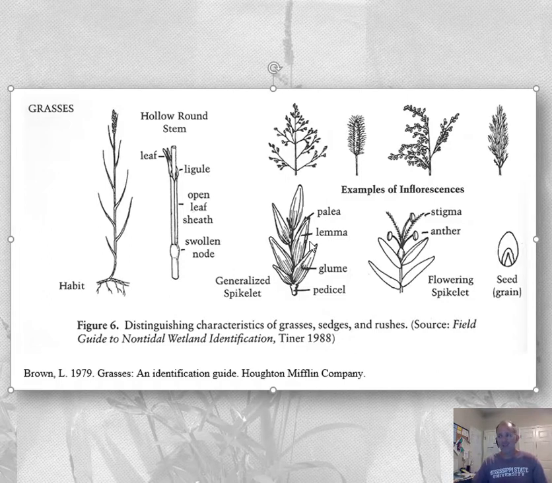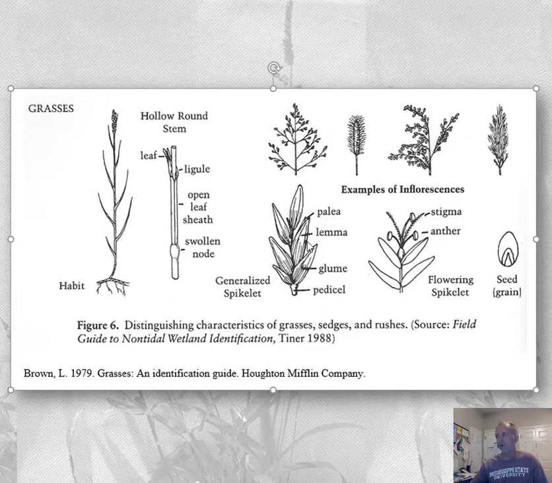In other species, the glumes are very distinct from the lemma, which will be very distinct from the palea. So these, again, are some important structures if you're trying to identify grass species. In this particular spikelet, in this diagram here, there are two glumes. There's a small glume at the very base of the spikelet. Then there's a larger glume, and then we have a floret over here that would have a lemma and a